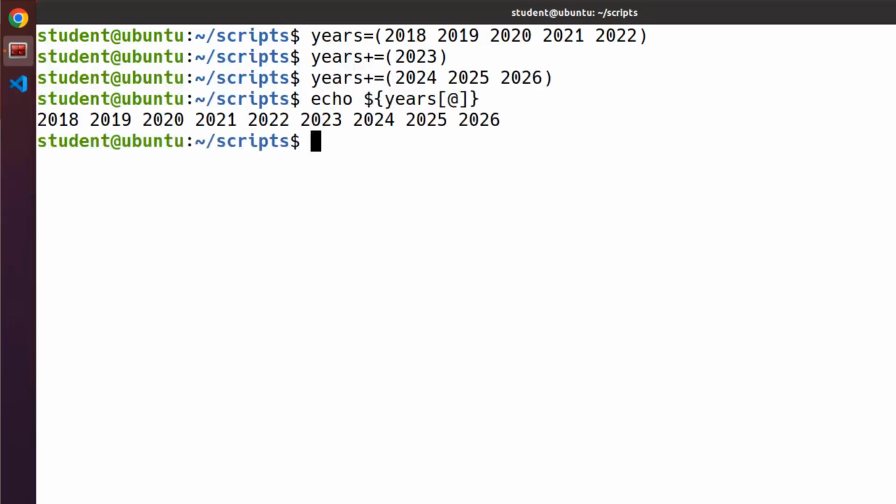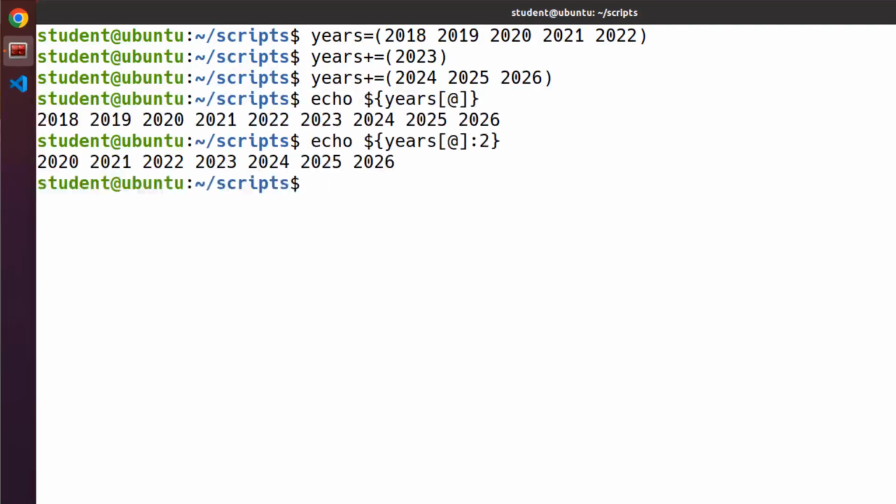Let's see how to slice an array. For example, I just want a part of the array. Let's see all the elements of the array starting at index 2. After the closing square brackets, I'm adding colon and 2. In this example, it started at the specific index rather than at index 0 and then continued until the end